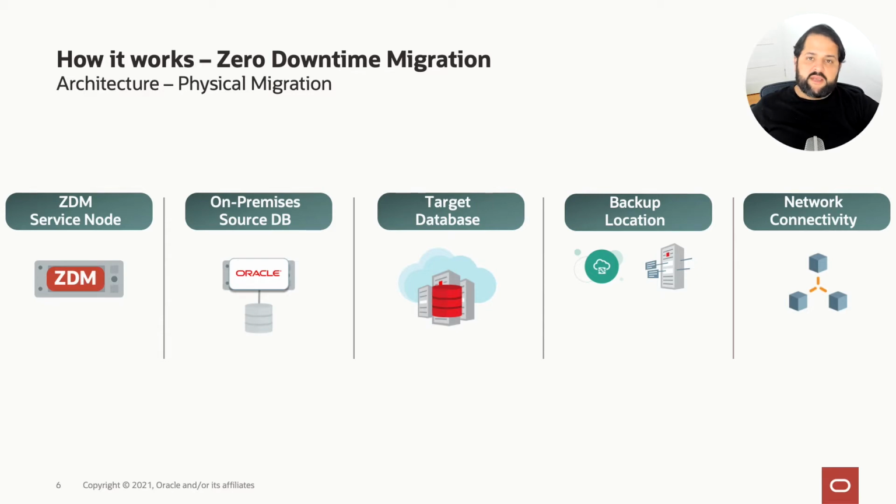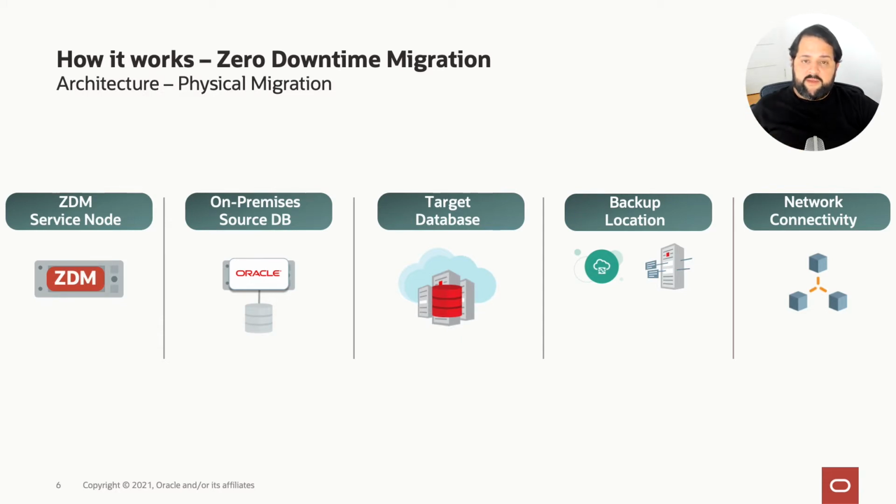Now, talking about architecture, I'm going to talk about physical migration and then logical migration. And further in the presentation, I'll be explaining how the different workflows work. But for now, what I'm going to do is explain at least what are the components required for each one. They're quite similar, actually. So basically, you don't have to worry. I think they're the same, but logical migration does have an extra pair of components.